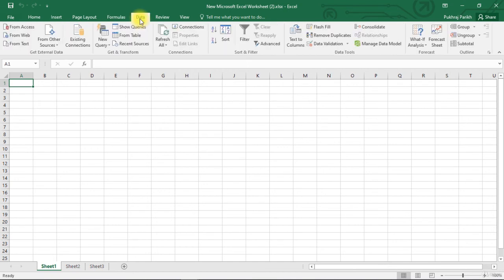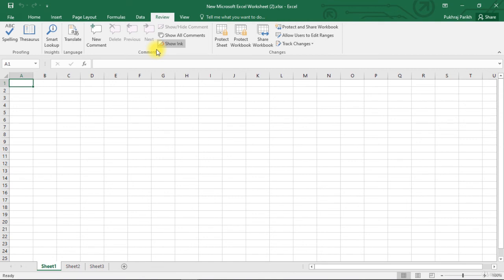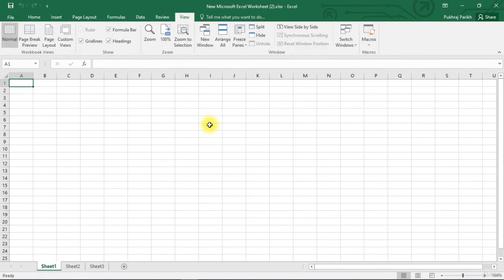Next tab is Data tab, where you will find data related commands including data validation, filtering, sorting, and advanced analysis tools. Then comes Review tab, which helps to review the content in your worksheet, such as do spell checking, translate words, or add comments. The last tab is the View tab, which contains commands that control various aspects of how a sheet is viewed. For example, zooming or freezing panes within a worksheet.